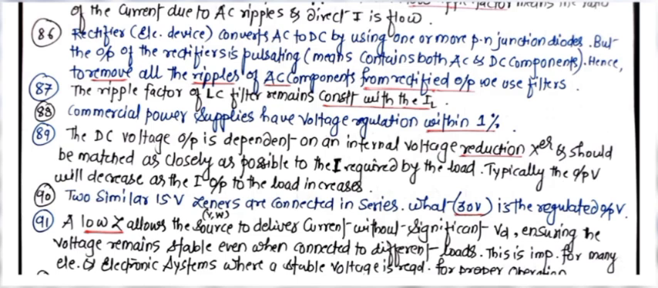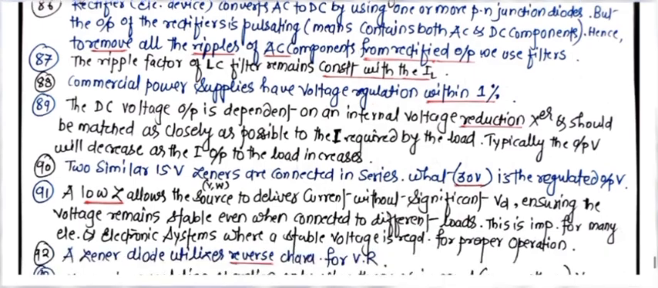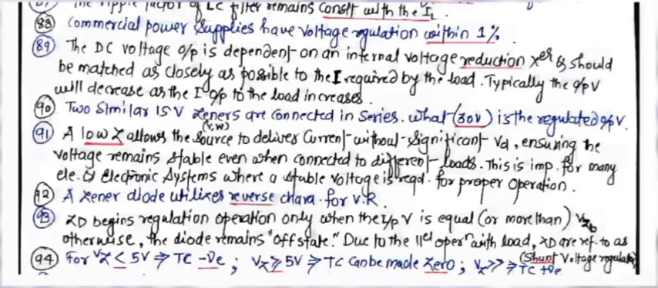Commercial power supplies have voltage regulation within 1%. The DC voltage output is dependent on an internal voltage reduction transformer and should be matched as closely as possible to the current required by the load. Typically, the output voltage will decrease as the output current to the load increases. If two similar 15-volt Zeners are connected in series, then 30 volts is the regulated output voltage. A low impedance allows the source to deliver current without significant voltage drop, ensuring the voltage remains stable even when connected to different loads. This is important for many electrical and electronic systems where a stable voltage is required for